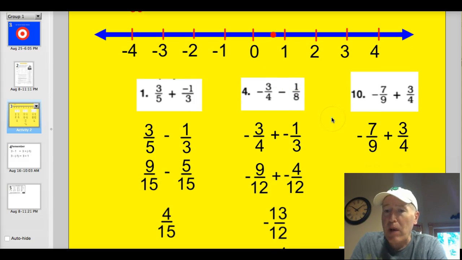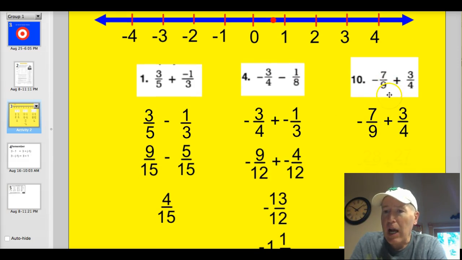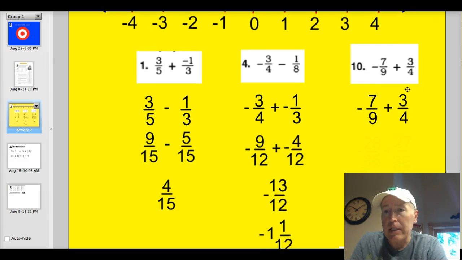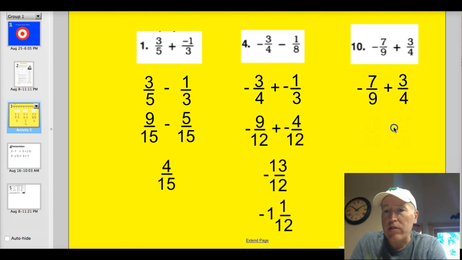All right, this last problem here, I wanted to go over with you too. This is negative 7/9 plus 3/4. All right, this one looks a little quirky, doesn't it? All right, well, let's just go ahead and let's try renaming it. So now we've renamed that as minus 28/36 plus 27/36. All right. Well, once you do that, you can think, well, really, I have, and I'm going to have